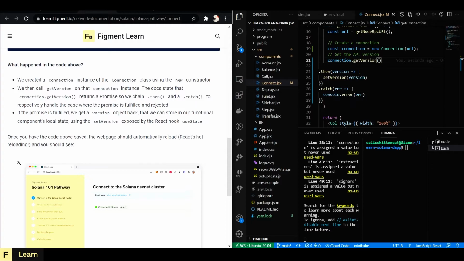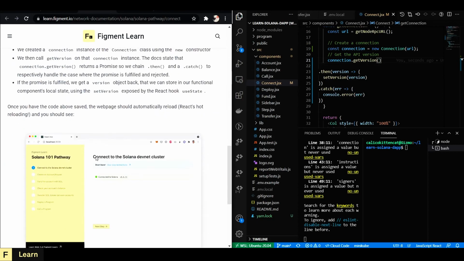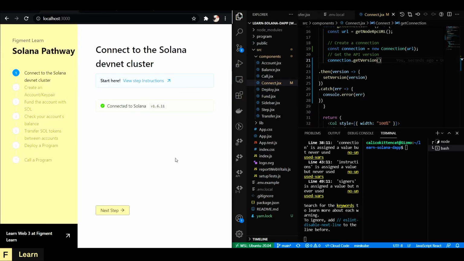We created a connection instance of the connection class using the new constructor. We then called getVersion on that connection instance. The docs state that connection.getVersion returns a promise, so we chain .then and .catch to respectively handle the case where the promise is fulfilled and rejected. If the promise is fulfilled, we get a version object back. Then we can store it in our functional component's local state using the setVersion exposed by the React hook useState. And as we showed, as soon as we saved the code, the React app loaded and showed our version